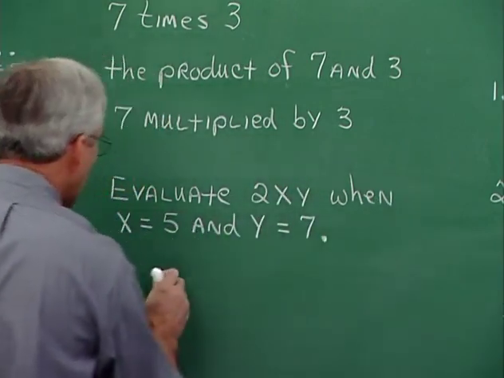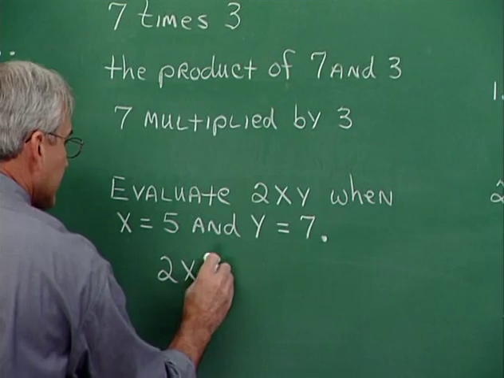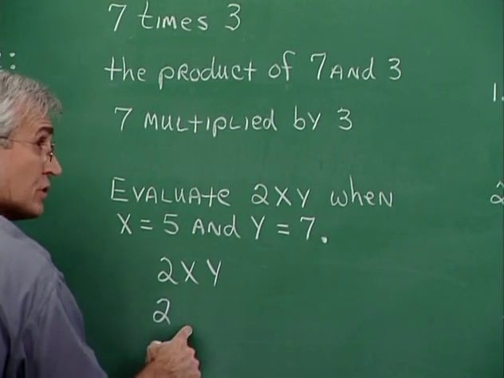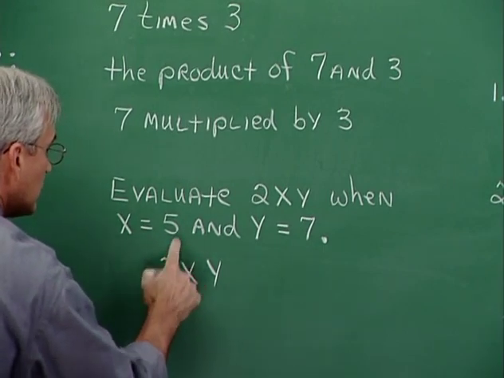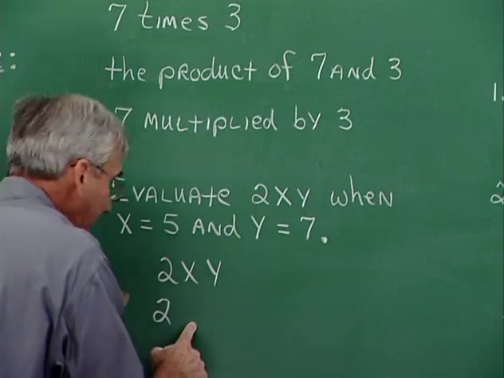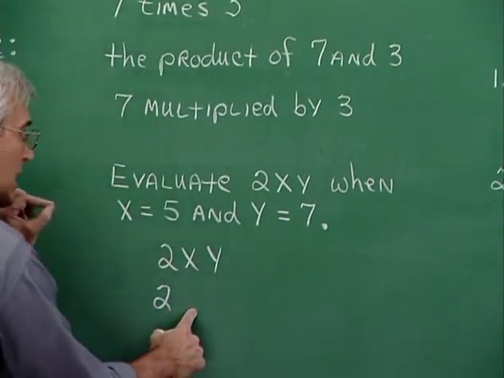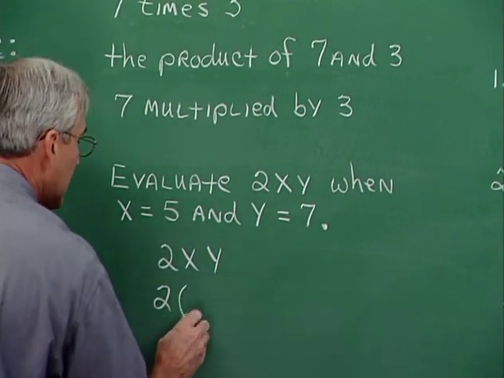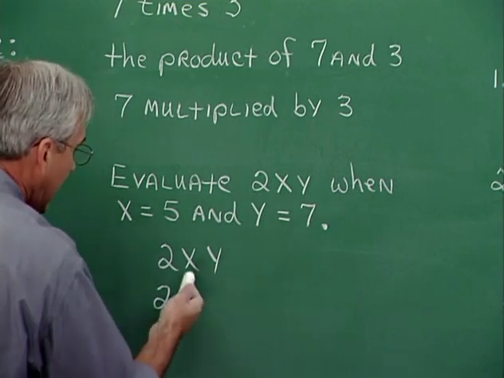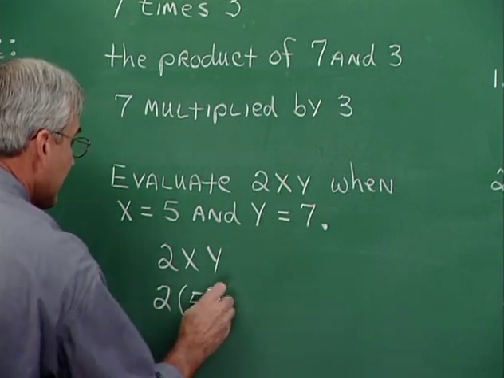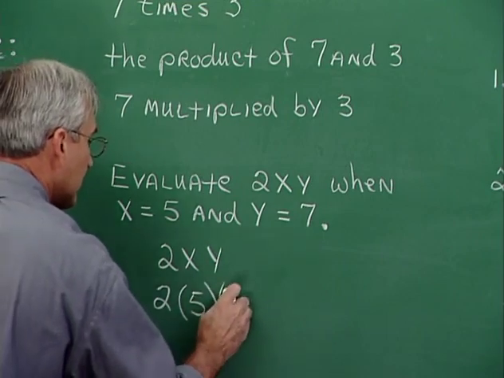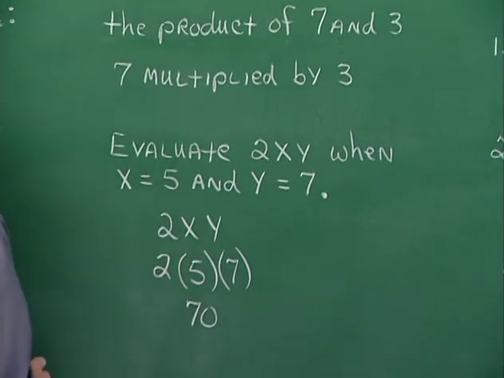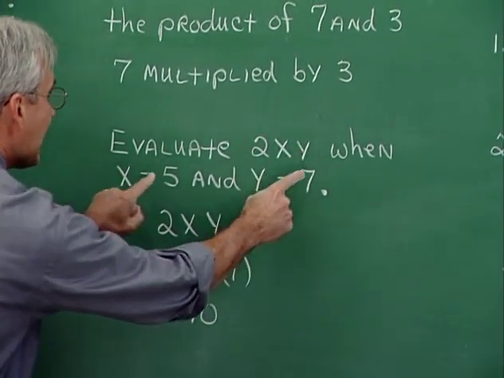Okay, to evaluate, we would write the expression and then replace letters with numbers. I'll bring down the 2. Now to write the x value is 5. Do I write 2, 5? No. If I write 2, 5, that's 25. So I have to indicate somehow that we're multiplying those two. So I have to introduce a multiplication symbol. I can use the dot, I could use the little x, or I could use parentheses. So 2 times 5, and then the y value is 7, and away we go. 2 times 5, 10. 10 times 7 is 70 for the value of this expression when x and y have